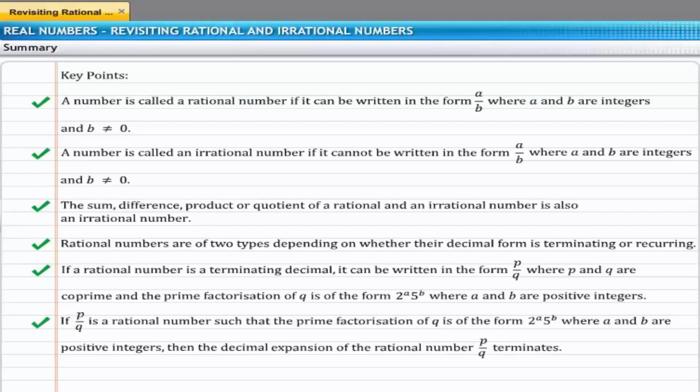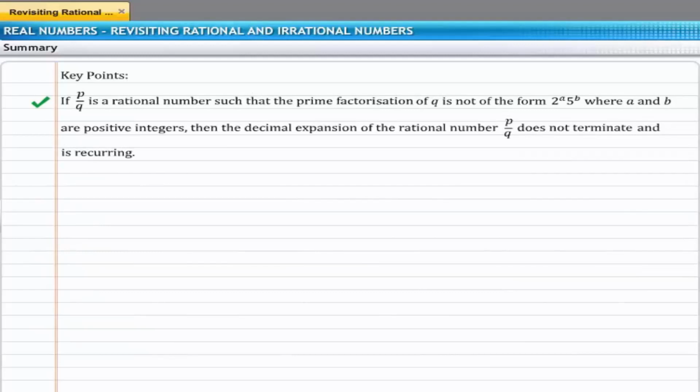If p upon q is a rational number such that the prime factorization of q is of the form 2 raised to the power of a into 5 raised to the power of b, where a and b are positive integers, then the decimal expansion of the rational number p upon q terminates. If p upon q is a rational number such that the prime factorization of q is not of the form 2 raised to the power of a into 5 raised to the power of b, where a and b are positive integers, then the decimal expansion of the rational number p upon q does not terminate and is recurring. You can now proceed to the next section,